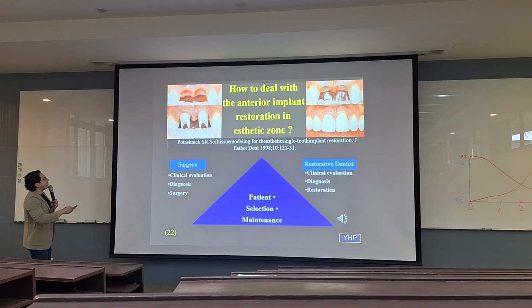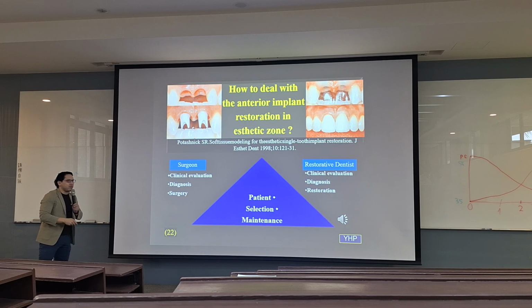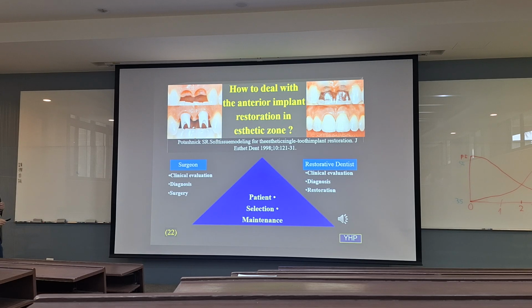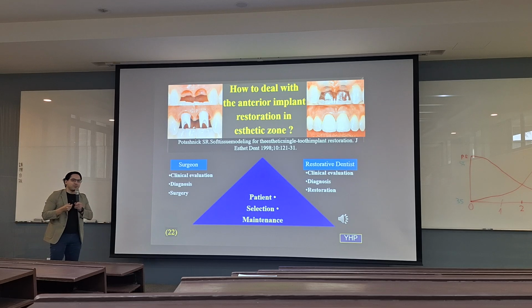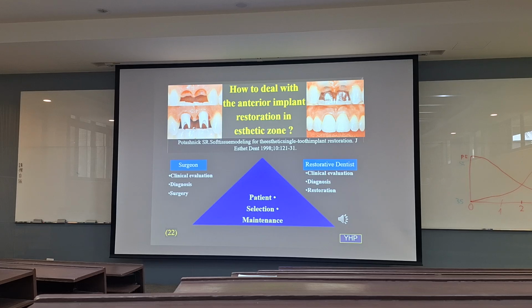So how do we do it with anteriors? Well, if we have those two areas, most of the times what we try to do is to mimic the scallop shape, right, of the soft tissue with the papilla. So if we are going to make an extraction today, most of the time it's better if all the bone is completely healed and you make an extraction that is okay, so you don't make too much damage to the hard tissue and soft tissue. We can put the dental implant and we can make